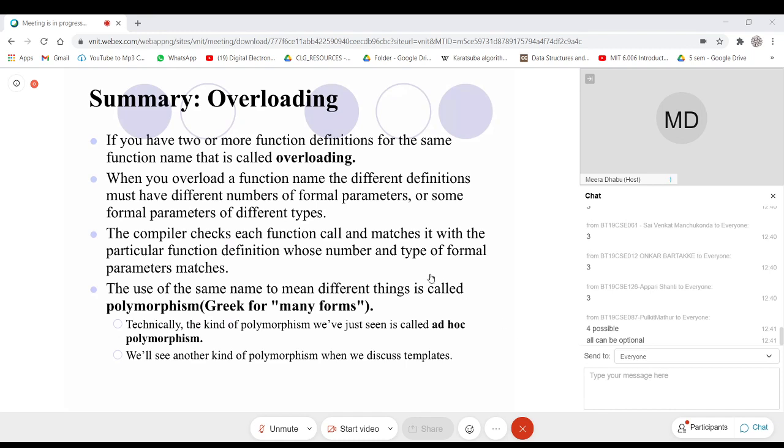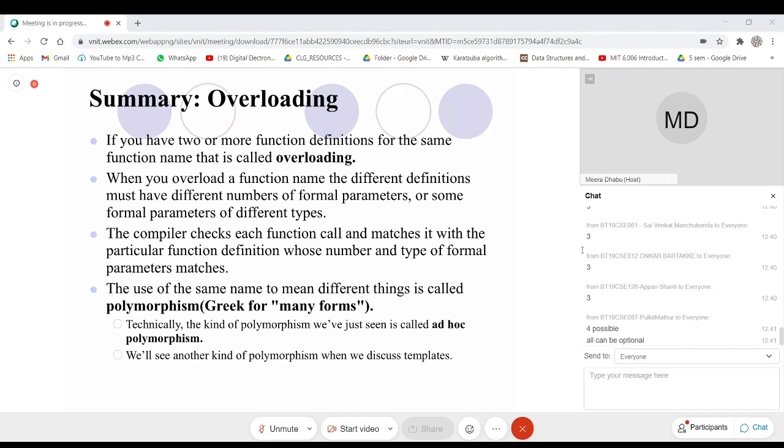In the assembly code, when we represent any function, that function needs to be represented with the function name and the list of argument types. There was no provision for mentioning the return type. And that's why you cannot overload any method, whether it is a member method or a non-member method, on the return type. Remember this.